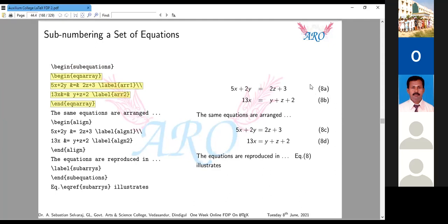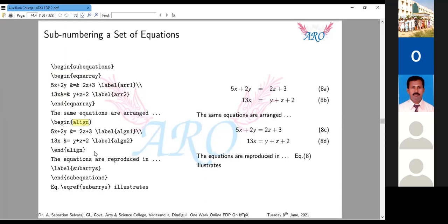If you want to get numbering like this, sub numbering, you have to mention the command begin subequations. The same equations are arranged in the align environment. I'm going to change only the environment. Here I used equation array, the same set of equations, but now the environment is align.